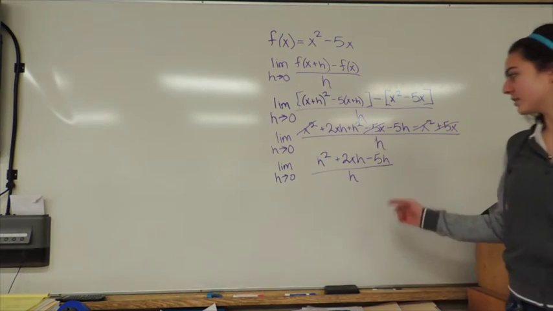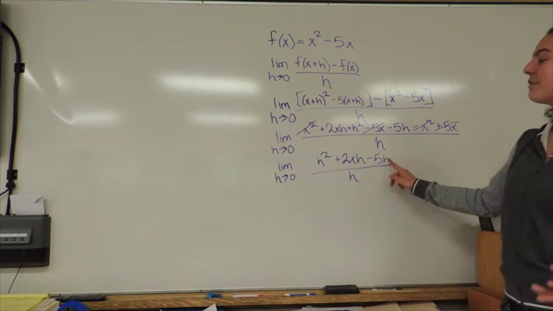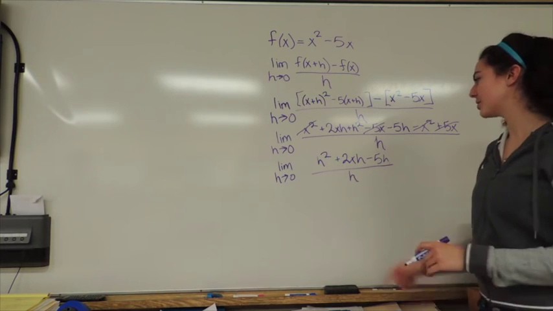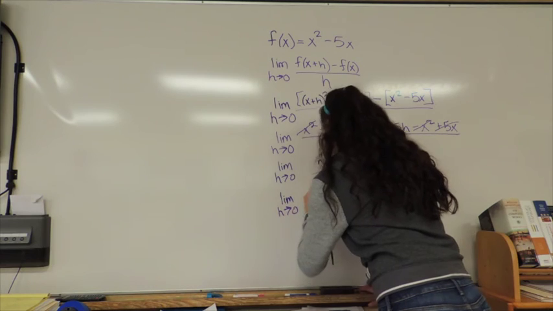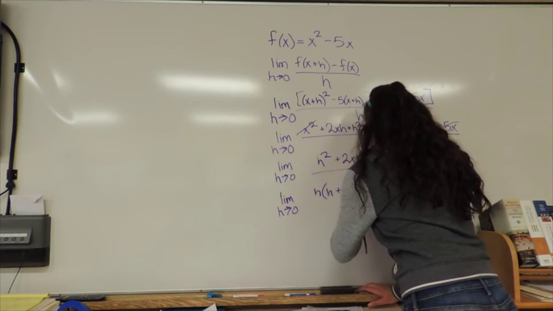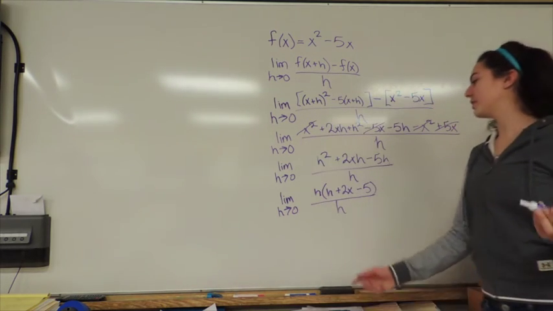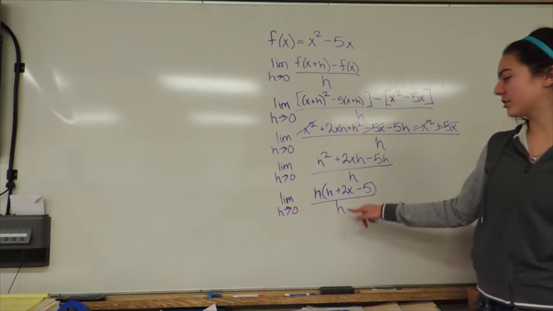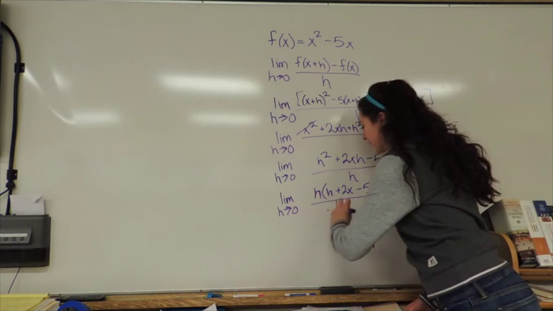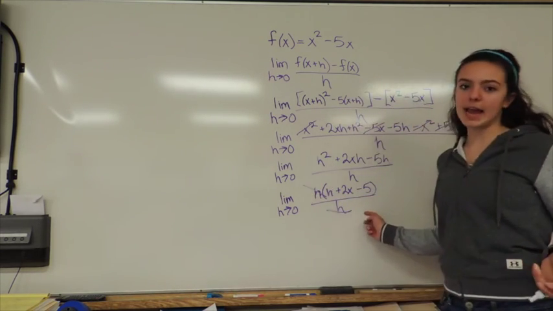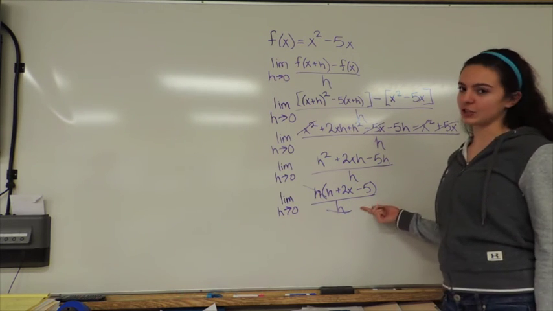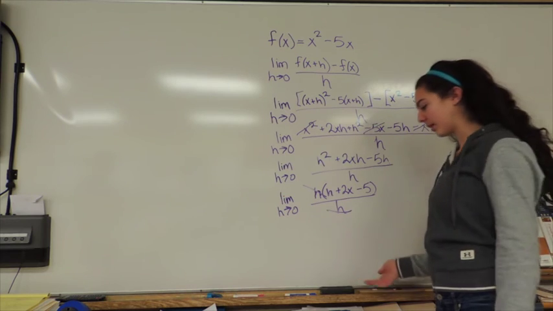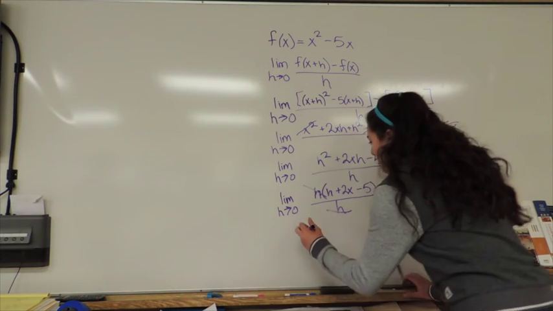So now that I've canceled some things, we can see that there's a factor of h in every one of these terms, so we can factor out an h. And then what you can see is that the h on the denominator is going to cancel with the h on the numerator. And you're going to need this to happen because if h is approaching 0, you can't have a 0 on the bottom of the fraction. So you're going to need the h to cancel with something. And so then you're going to be left with